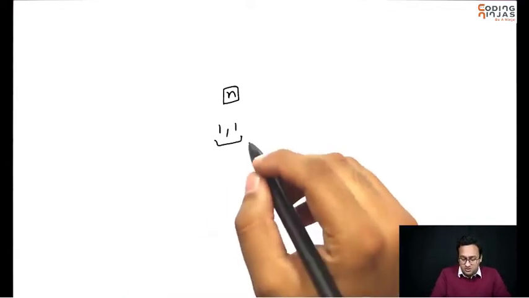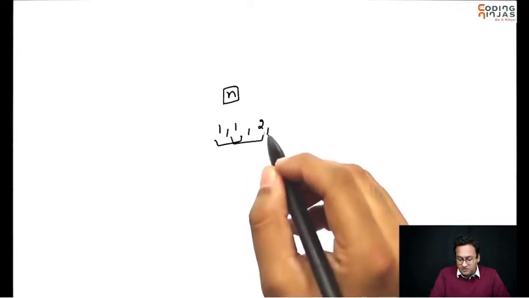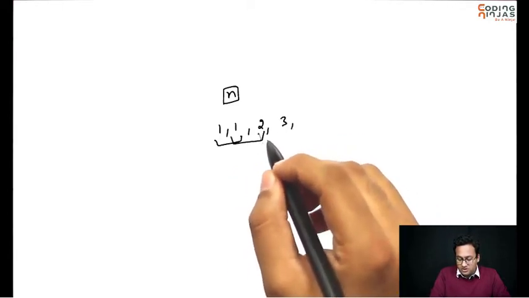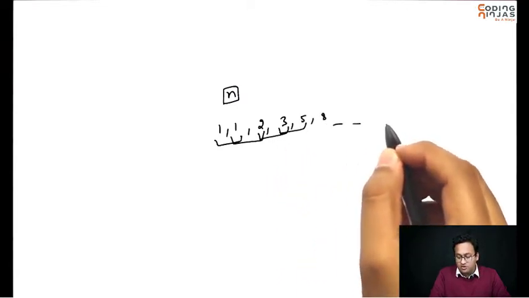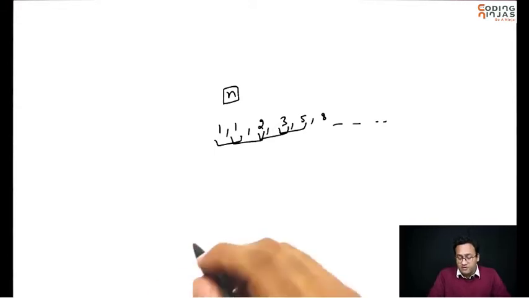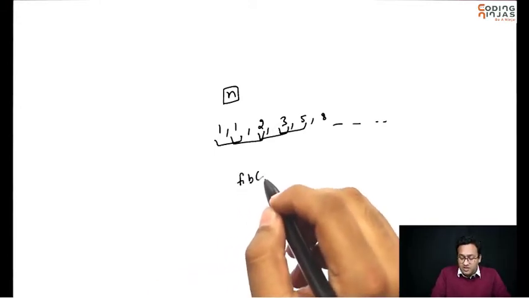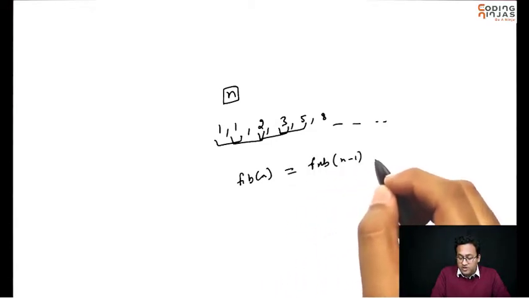The next number is the sum of the previous two, and so on. So this is your Fibonacci series. So in a way I can say Fibonacci of n is equal to Fibonacci of n minus 1 plus Fibonacci